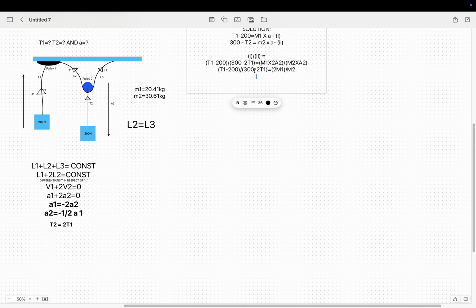we have to calculate. Basically there's only T1, we know the value of 2M1 by M2, we can get that value. So we know the M1 and the M2. Here the M1 and the M2 are derived by dividing by the gravitational constant, 200 by 9.8 and 300 divided by 9.8. They are derived from here. Actually it was not given in the question. So